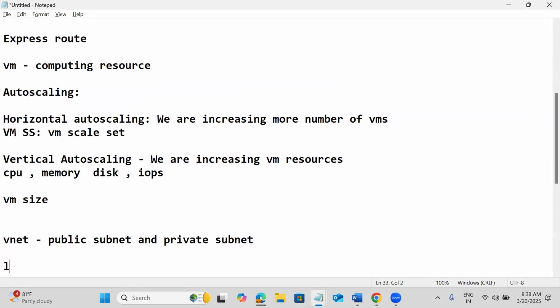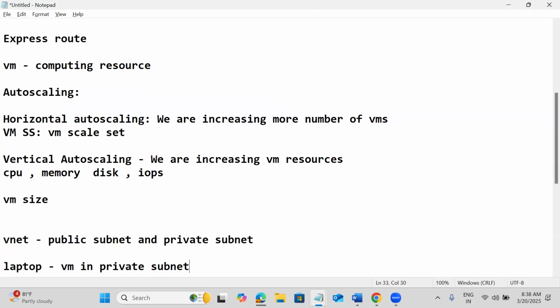So this is my laptop. Then I have one VM in the private subnet. Without having a VPN, I can't connect to that. But I don't have a VPN, and still I want to connect to that. Then we can keep a jump server.